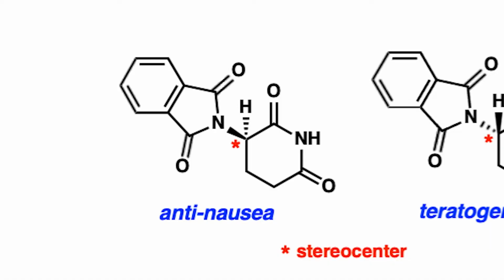Thank you for asking. That's a very good question. The dark one, that darker wedge that's filled in, means that nitrogen is pointing out of the screen at us. If there's a dashed line, that means it's going back into the screen behind us. And that's the only difference between these two isomers of thalidomide: for one, the nitrogen's going out of the screen, and for one, it's going into the screen. Thank you for asking.